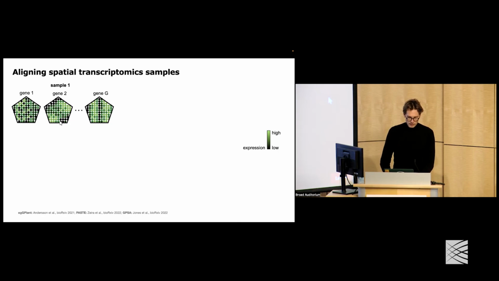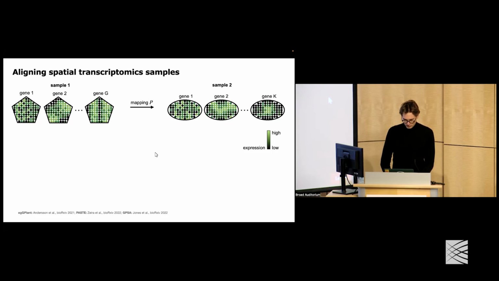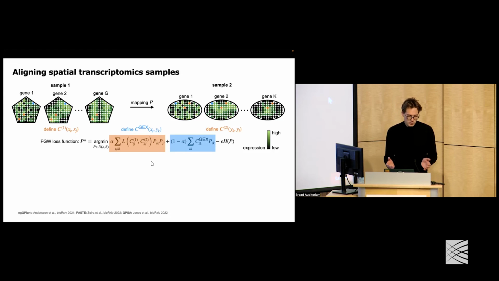So here would be sample 1 that has a certain geometry. Here would be sample 2 that has a different geometry. And again, we are looking for a mapping between these two different samples. We can define a cost in terms of distance in Euclidean space, for example, in sample 1. We can define another cost in sample 2. And for those genes that are shared, in this case, I'm highlighting gene 1 and gene 2, I can make one-to-one comparisons between the two samples again. And this naturally leads to a fused Wasserstein problem again, with a Gromov-Wasserstein term and a Wasserstein term here, and